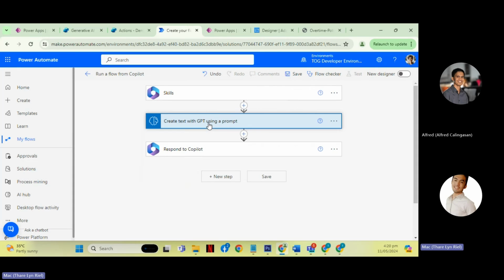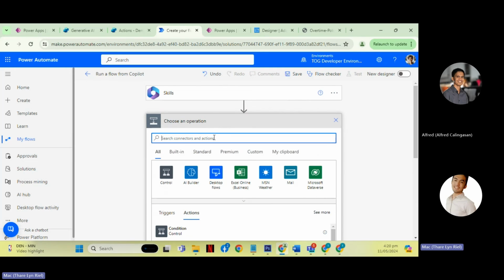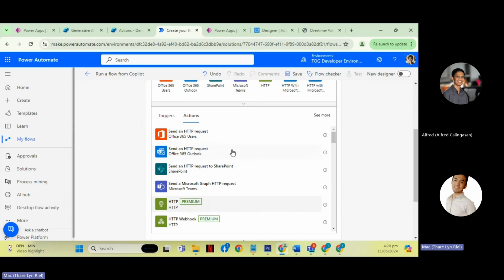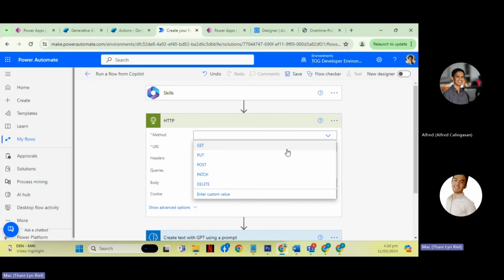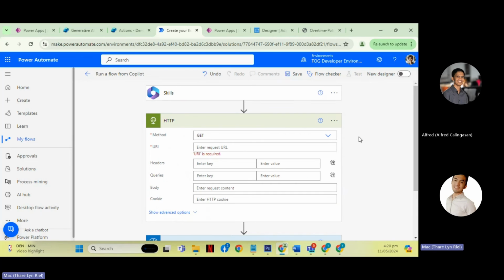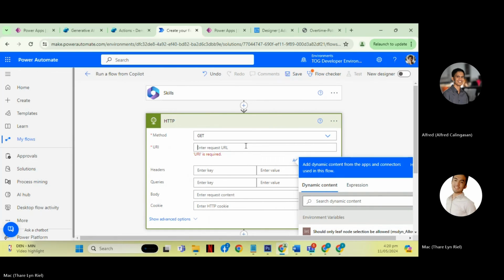Now one great example of the use of this is, though this action will require premium, as you can see, for example, you are getting data from one API, private data sources, and there's an API for that.